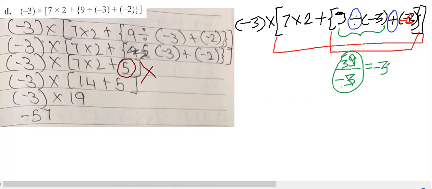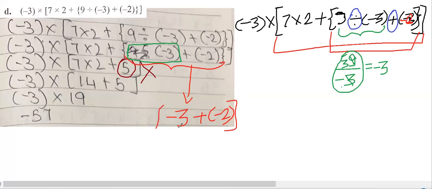Got it? Yes, sir. Okay, now this minus 3 I should write here. I should write minus 3 over here, from here to here. I should write only minus 3, and then I should write plus, and then within bracket minus 2. So what will I get? Minus 3 plus into minus 2, I will get minus 3 minus 2. What is minus 3 minus 2? It is minus 5. And here you wrote plus 5. That's the reason this went wrong. Understood your mistake? Yes, sir.